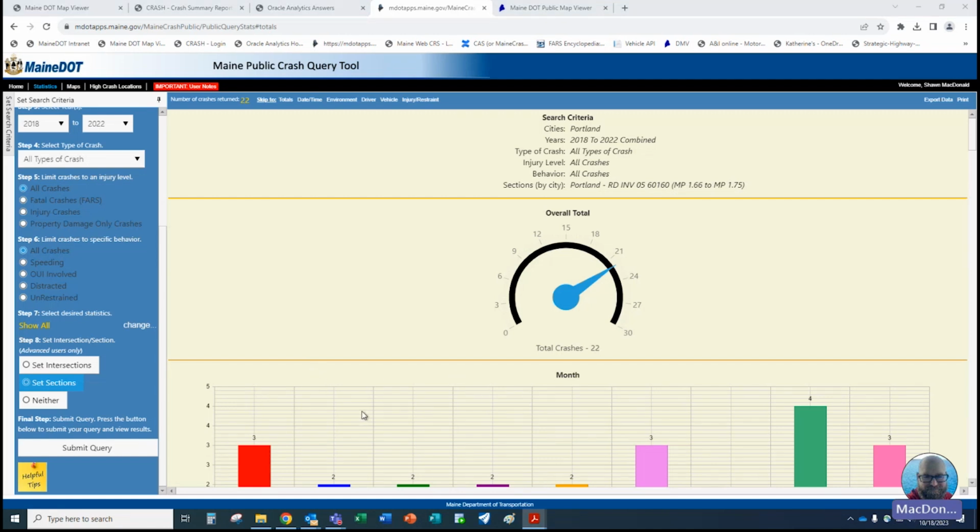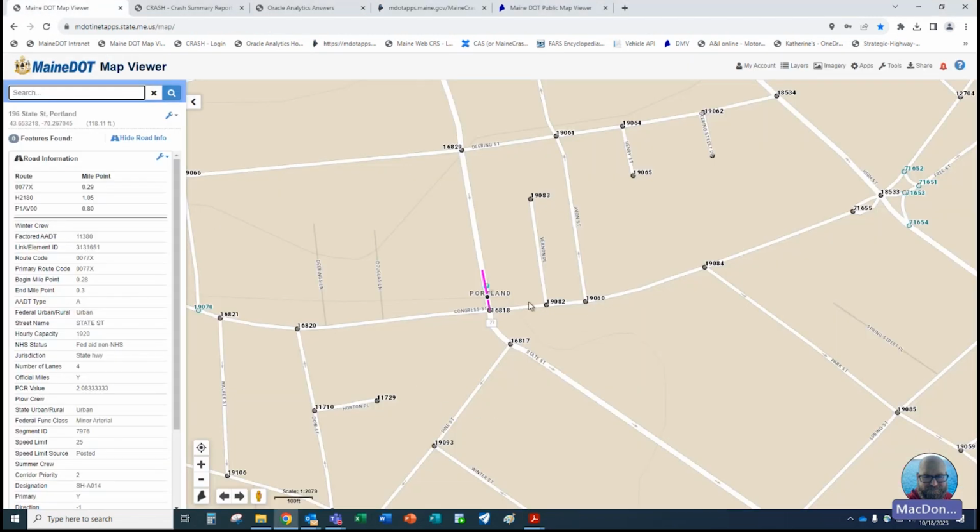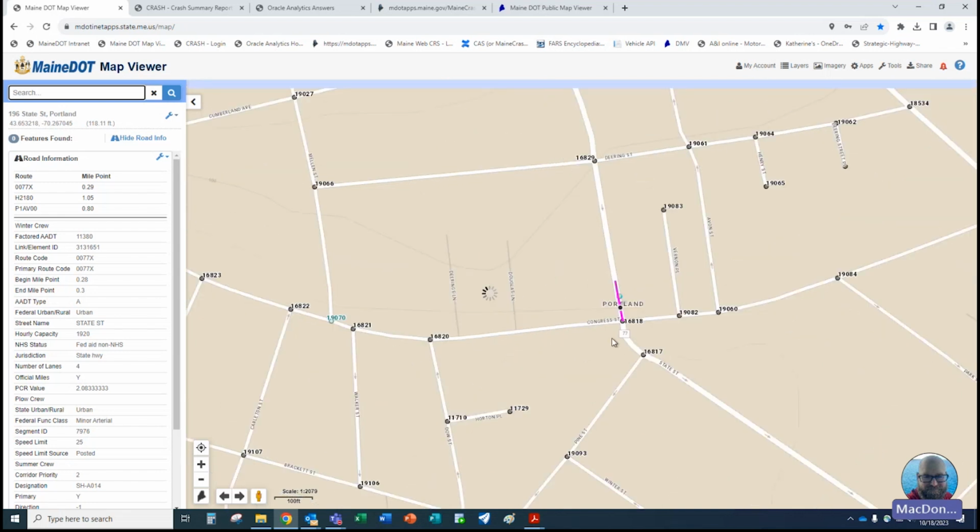And so that's the basic gist of doing the intersections and the sections. It allows you to look at more areas. Again, the area that I included was only one section of road, so it didn't include multiple intersections in between it. For instance, if we went back to our map viewer, what we were looking at was just this section of road right here from 16818 to 16210. If you include more of these intersections here, it would give you all the crashes along each one of these routes, but it wouldn't give you any of the crashes at these intersections. You'd have to run those again separately afterwards.